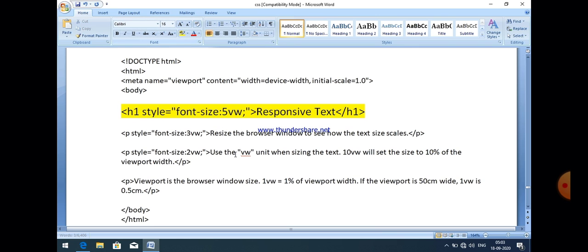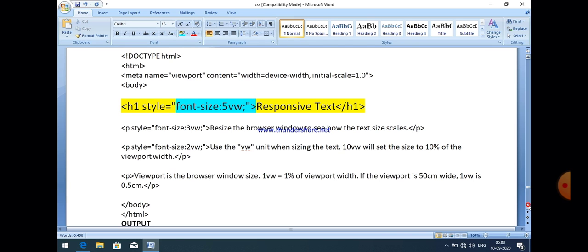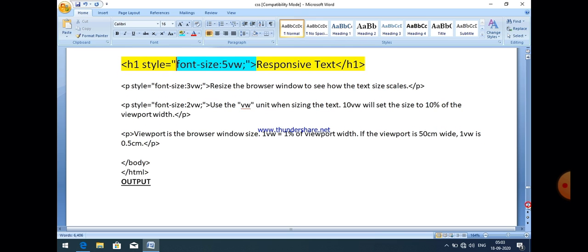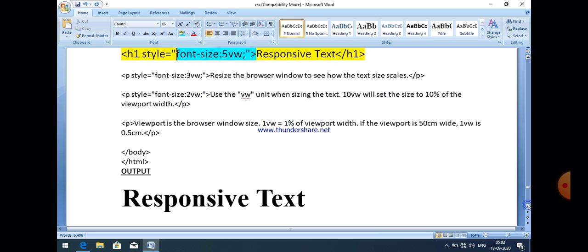H1 style is equal to font size 5vw. VW means viewport width, and we just mention the size in terms of viewport width. Again, for P, we again mention the font size in terms of viewport width.